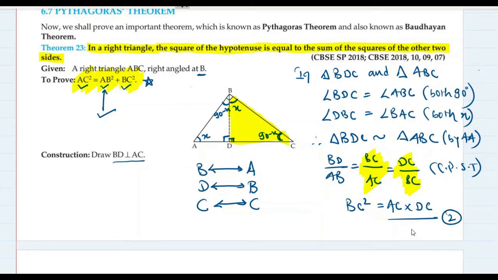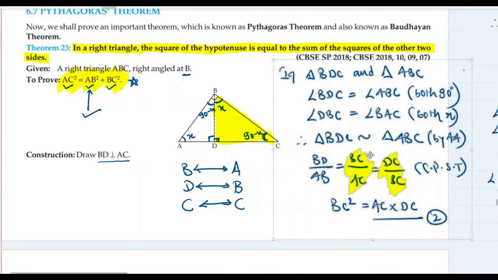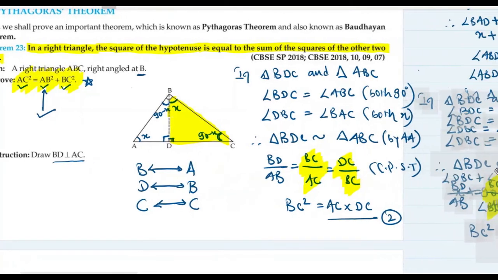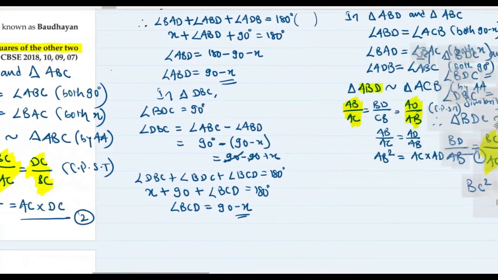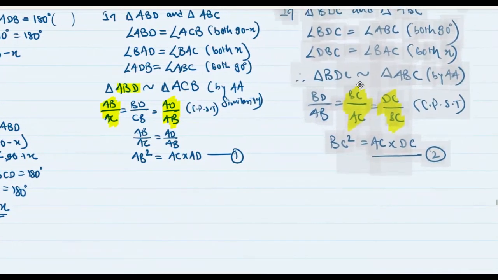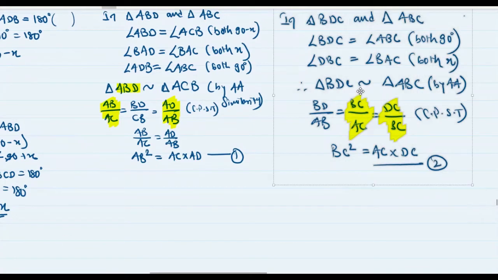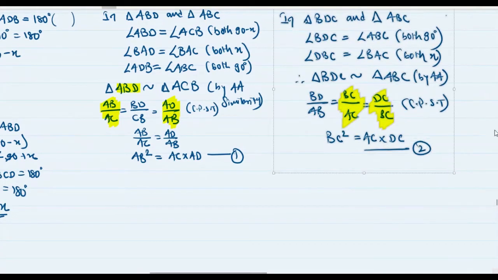Now you will be thinking that we have proved similarity, we have done this angle sum property and everything. Two similarities are done. Yet we are not close to our proof. So what is happening over here? Why is it taking so much time? Let me tell you that every good thing in life takes time. So this is going to happen, but you need to be patient. This is the time where we are going to prove it.